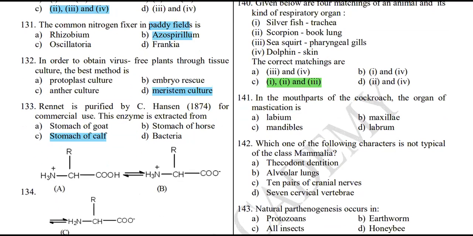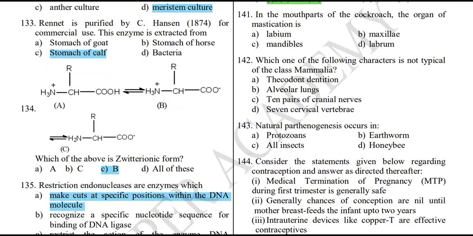Okay, in the mouth parts of the cockroach, the organ which is responsible for grinding. First you have to understand what the structures present in the cockroach are. The first is going to be labium. So first there will be labium, and then there would be labrum. Let me write it here. There would be labrum, and then there would be mandibles. This side there will be mandibles. Here also mandible,